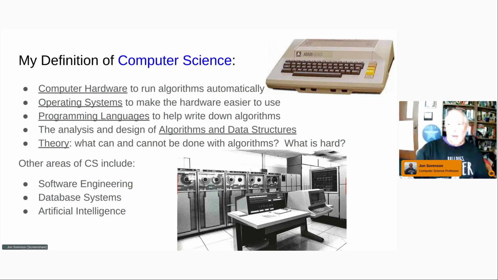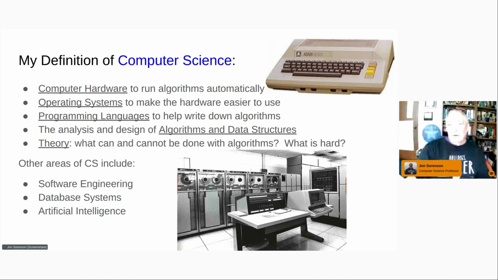And then the next level up is, well, we have algorithms we want to run on the computer. We have to write them down as programs. What are programming languages all about? How do you design new ones? How do you decide what are good languages? What are bad languages? What's involved in the process of taking a program and converting it into the machine code that the CPU understands? That's all part of programming language research.